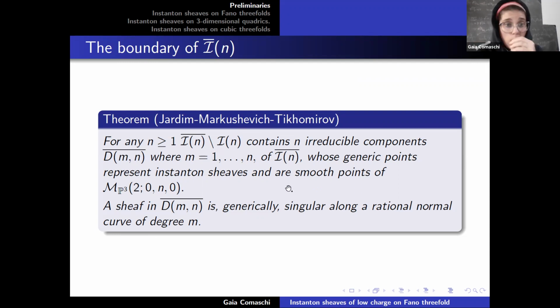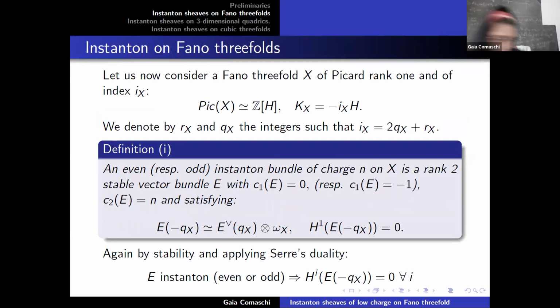And the generic points of each of these components is an instanton sheaf. The Gieseker-Maruyama moduli space is smooth at these sheaves, and generically, a point in these components is an instanton sheaf that has one-dimensional singularity, and that more precisely is singular along a rational normal curve of degree n. So our aim is to try to understand how much of this